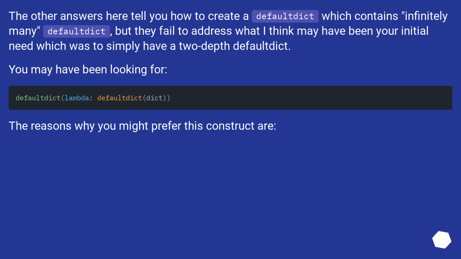The other answers here tell you how to create a defaultdict which contains infinitely many defaultdicts, but they fail to address what I think may have been your initial need, which was to simply have a 2-depth defaultdict. You may have been looking for